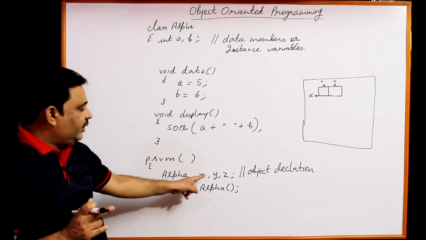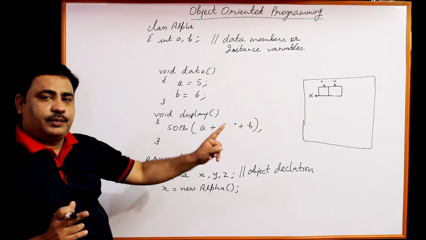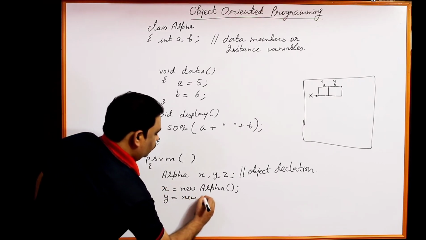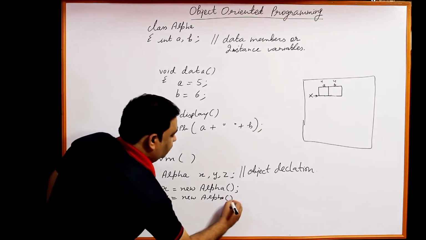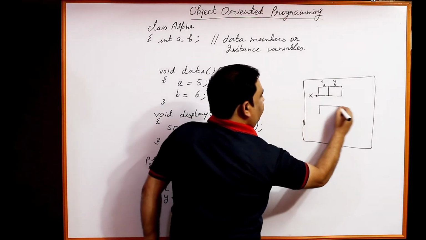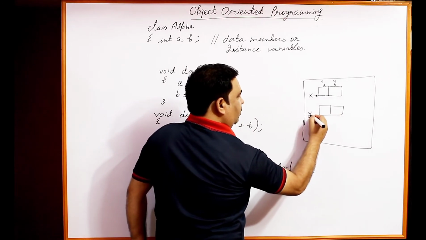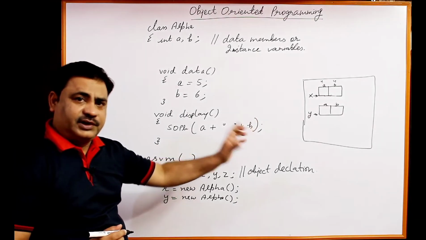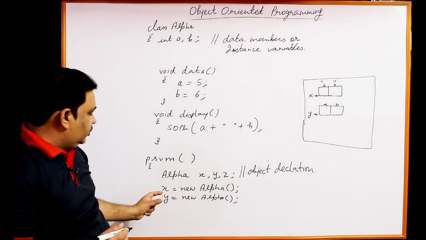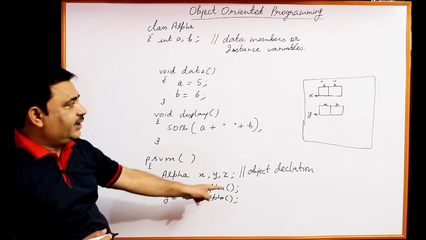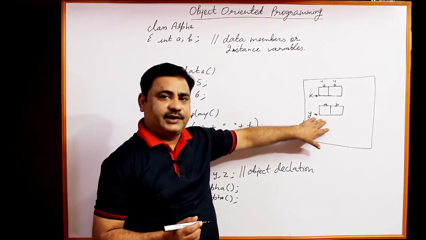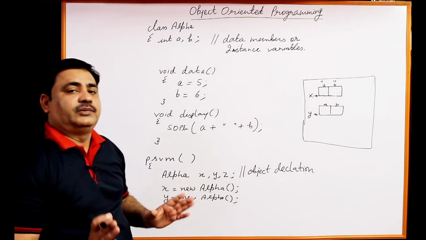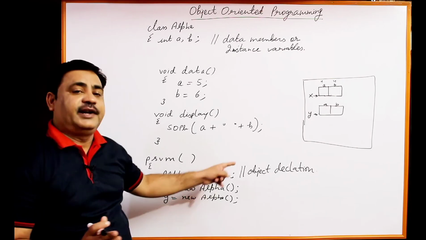Same way, when we allocate memory to y object, it will also occupy memory. Suppose I am allocating the memory to y object. So y object will be created in the memory. I told you, suppose this is the memory block. This is a separate object, separate software object, separate memory block. So memory to y object is allocated, same way total size will be 8 bytes. So 8 bytes memory will be allocated to each and every object. So same way x, y, z and so on.